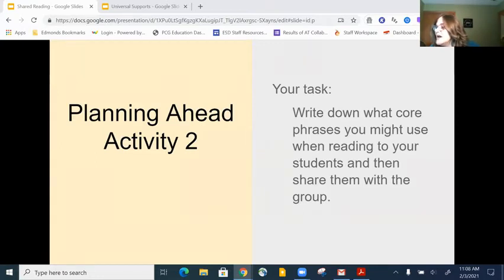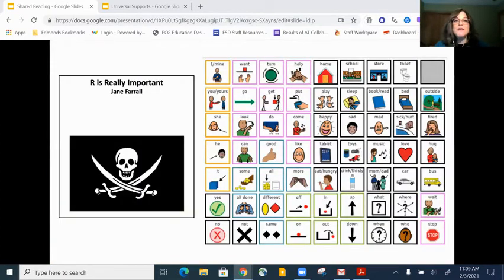Sunny, I'm going to share the document. Here's the document. Okay, so we're going to do it together. I've got them in the slide. I figured I'd make it as easy as possible for all of us. So here is our book.